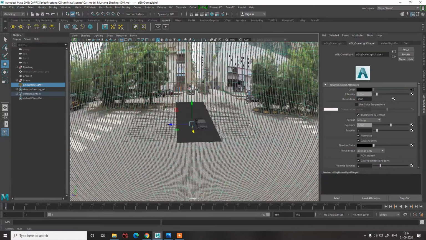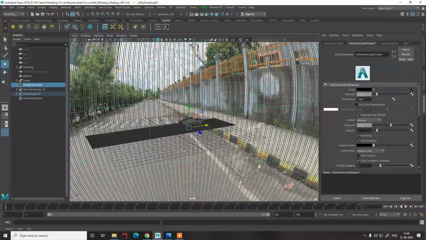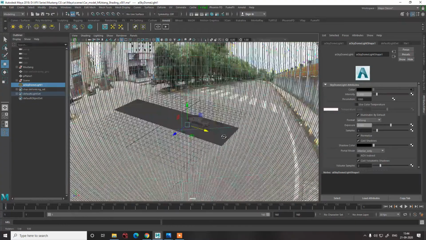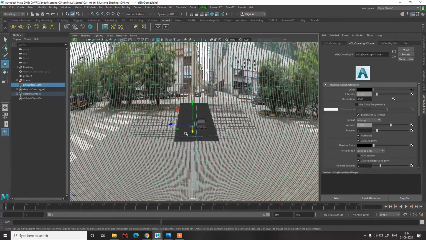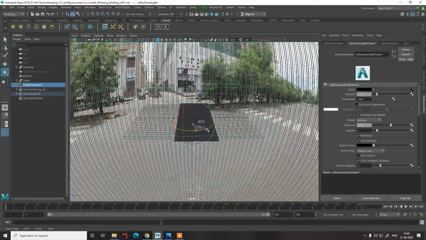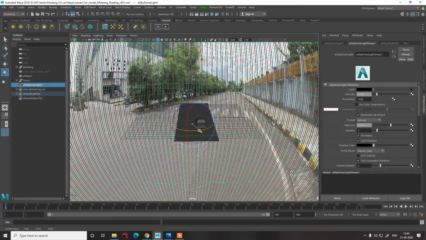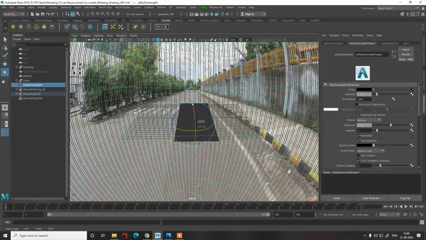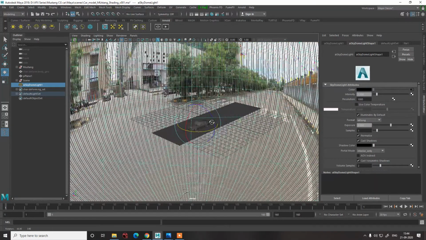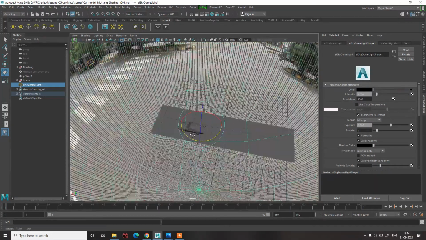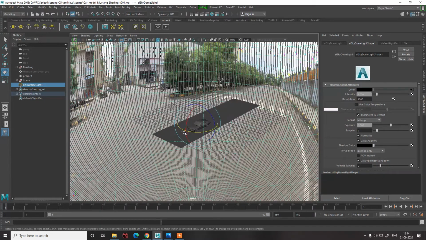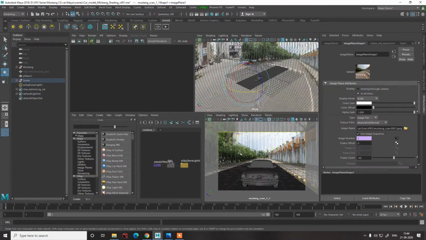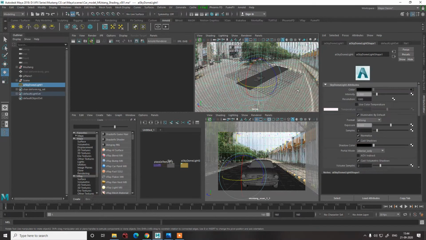Now you can see the placement of this dome is slightly off. We need to match it, so we'll rotate this so that it's in the proper position, in the direction where we were shooting. So this was the position in which we were supposed to shoot. Okay, so this is the placement of the chrome, and let us hide this